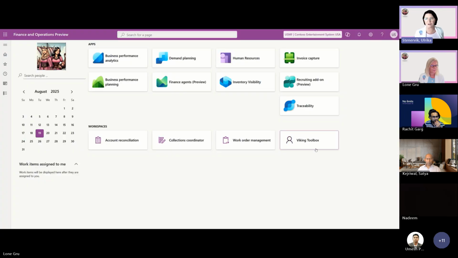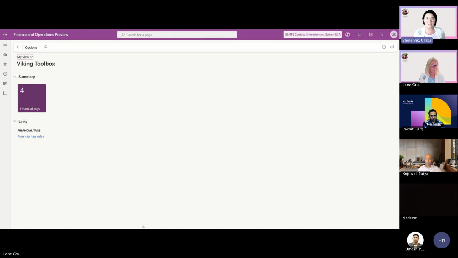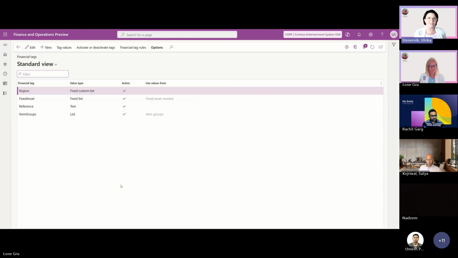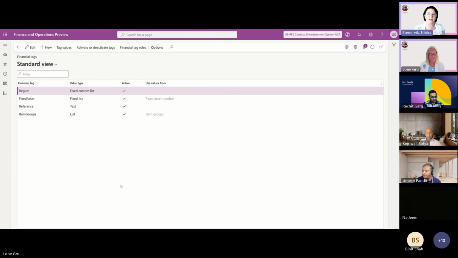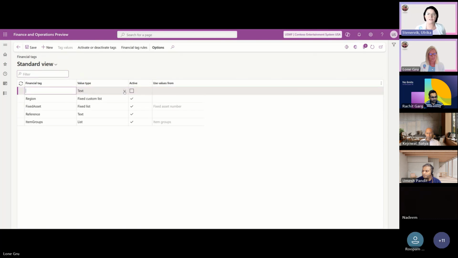So I will go into my Viking toolbox in Dynamics. I will look at my financial tags. And here actually now I have a new possibility when I create a new tag value. Before you only had 3 values, now you actually have a list of 5 values. You actually have a possibility to have a value type of a fixed list and fixed custom list. This is something my customer has longed for because they still want to have some kind of control of the